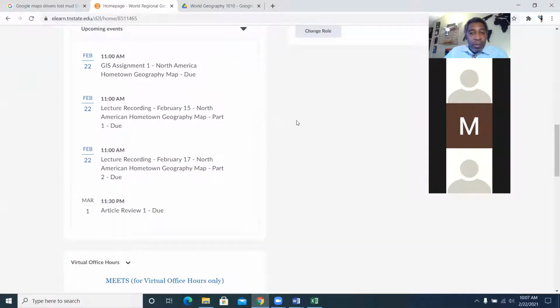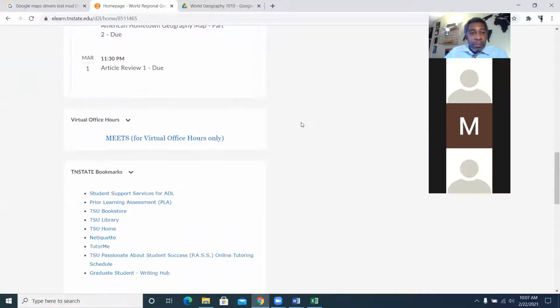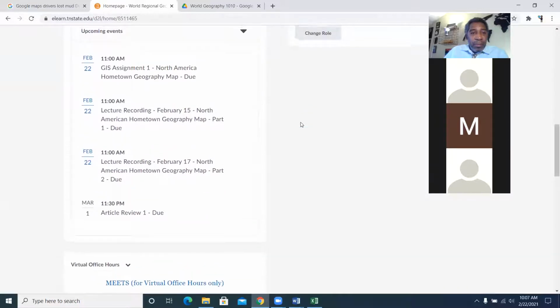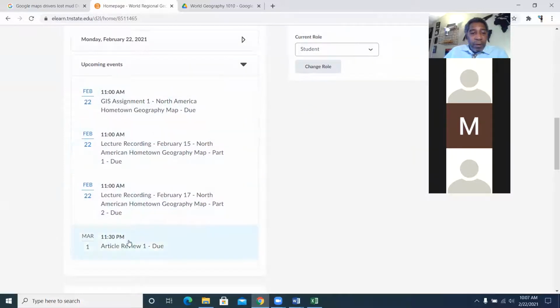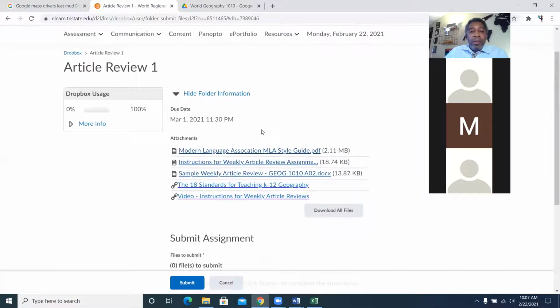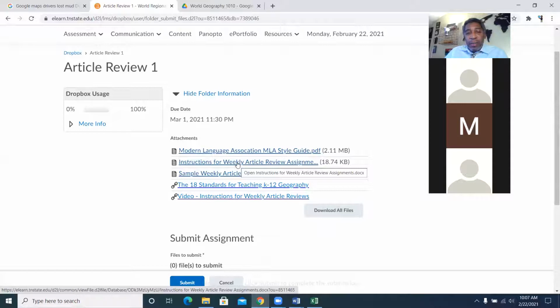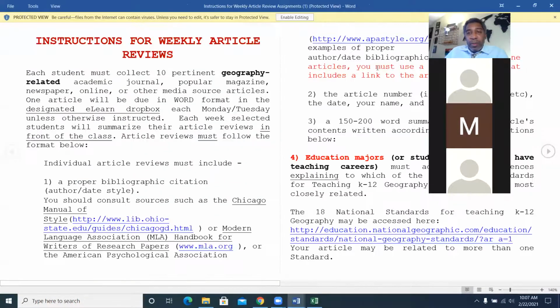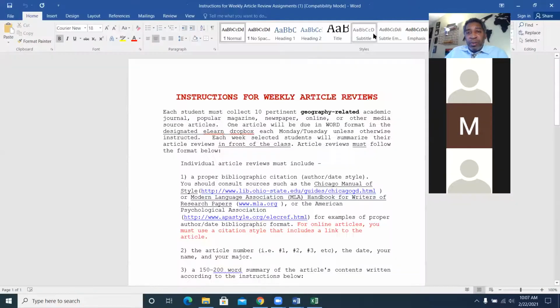and we will go to article review 1, click here. Here are the instructions for article review assignments. I'm going to walk through these very quickly. So the first thing you have to do